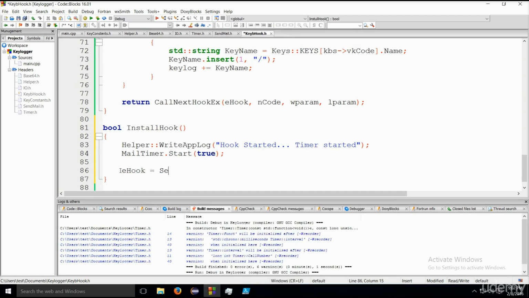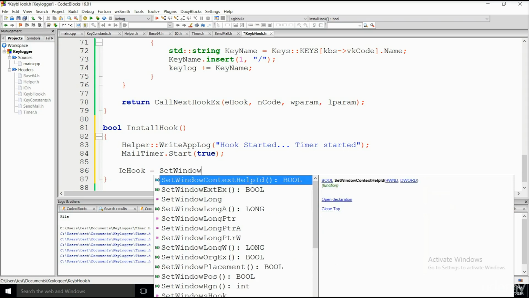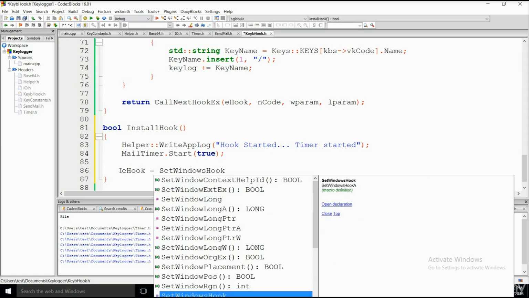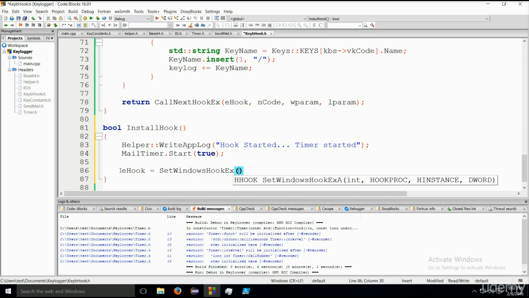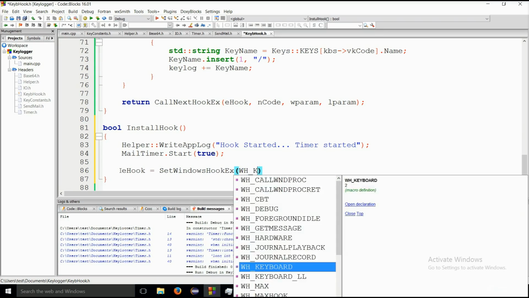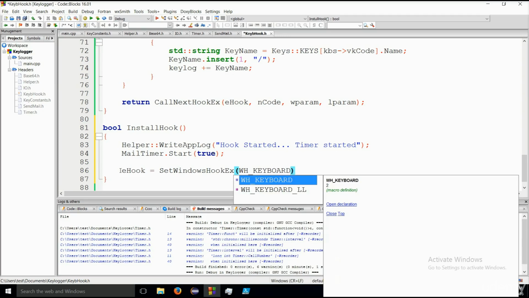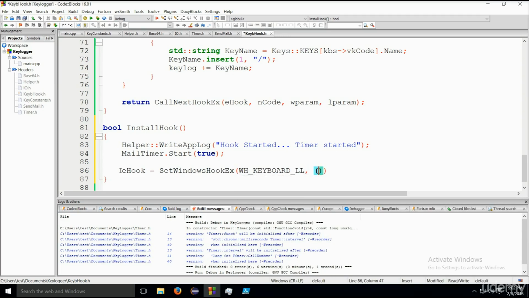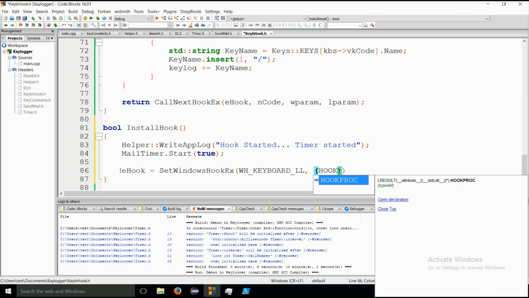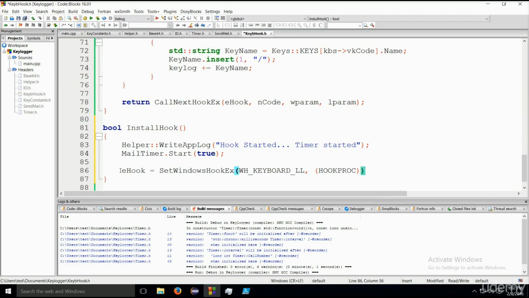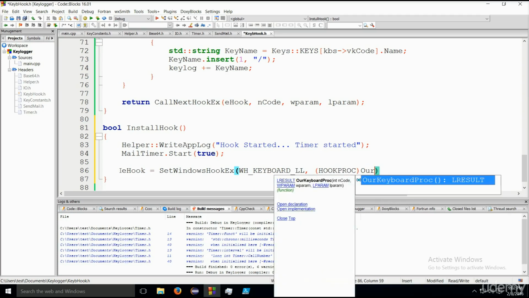Hook equals SetWindowsHookEx, WH_KEYBOARD_LL, colon, hook proc, close it, and now let's type in our